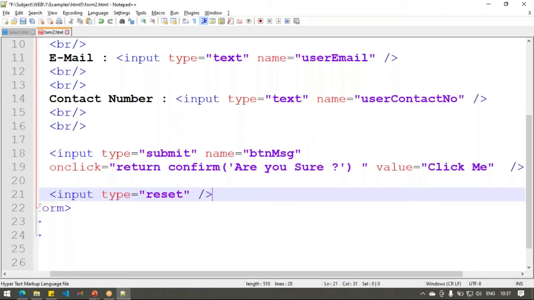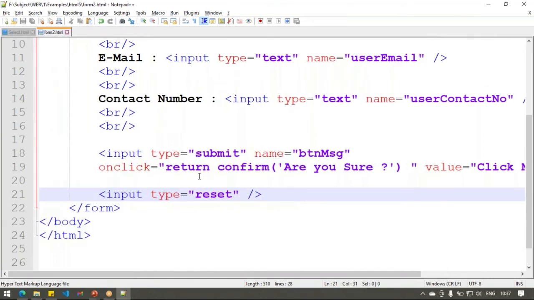Let's leave it as it is. You don't need to provide the value, let's leave it that way.